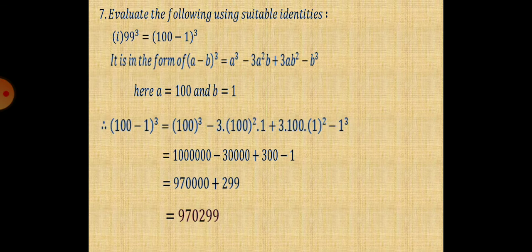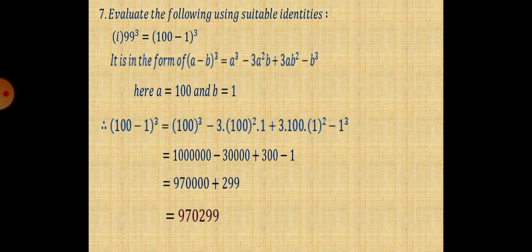And one more question I am going to do is, one is a plus b whole cube, and one is a minus b whole cube, that is the 7th question. In the 7th question, first he asked us to find the product without doing the formal multiplication, or we can say using the identity. 99 whole cube can be written as 100 minus 1. I always told you, you should write the given number as the sum or difference of multiples of 10, 100, 1000, because finding the square or cube of multiples of 10, 100, 1000 is very easy.